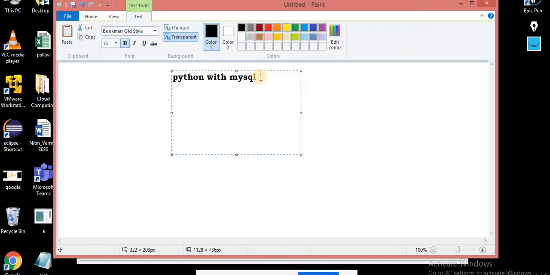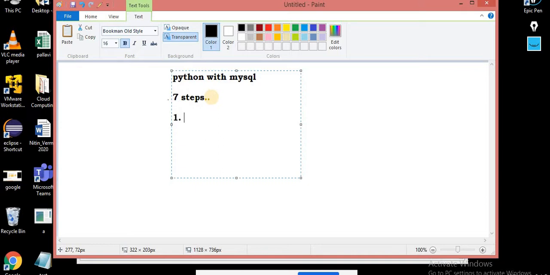Whatever Python concepts we did till now, every concept will be used when we use the connection of MySQL. Now the question is how you can do it. For making a connection, there are only 7 steps. That's it. If you remember these 7 steps, that means you know Python database connectivity. So I'm writing the names of these steps.